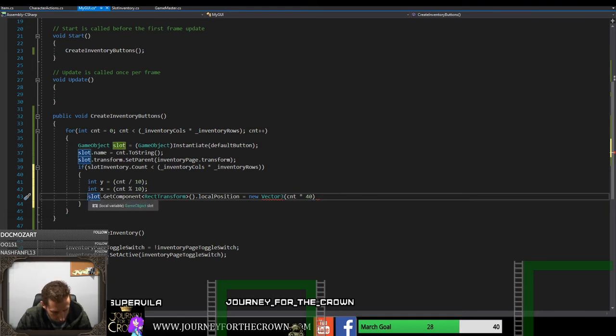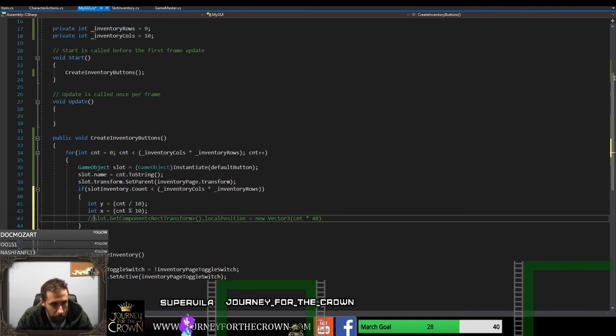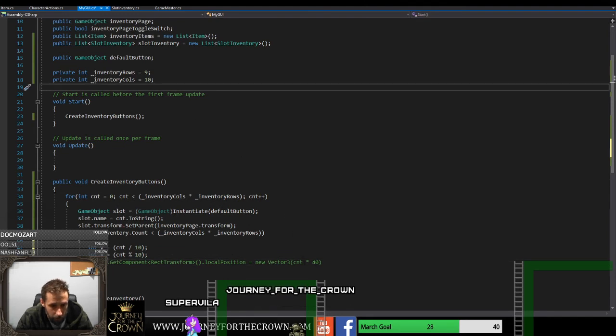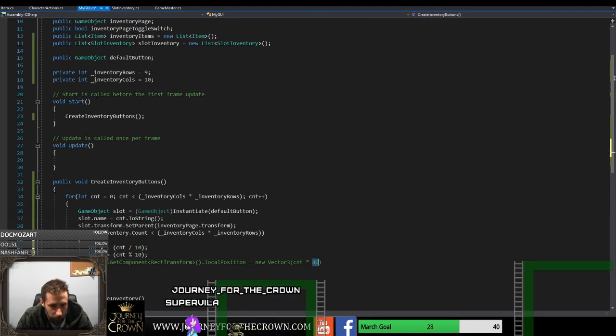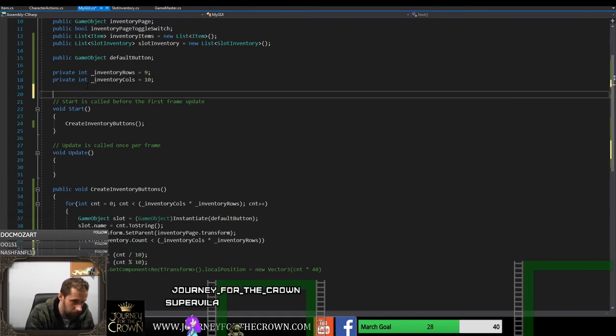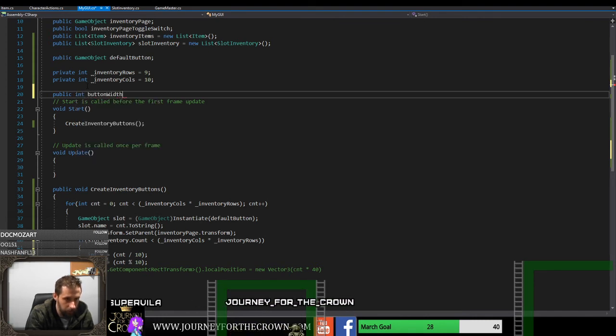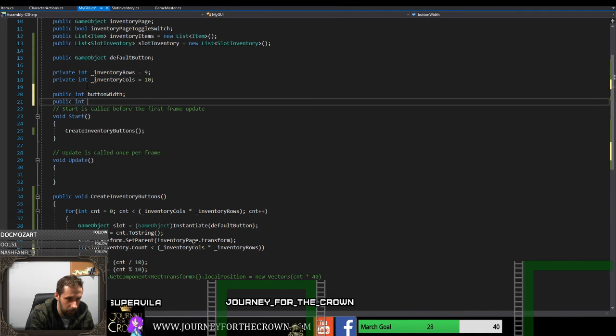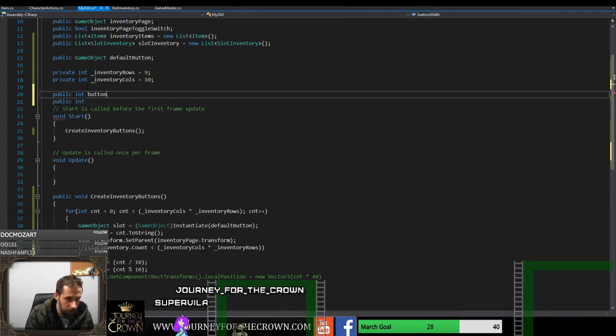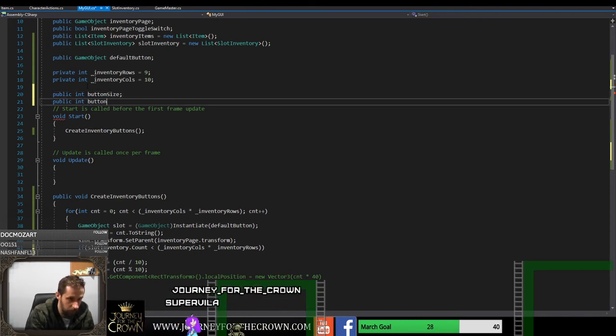You know what? Sorry, I'm going to comment this out. I want to add a tiny bit of padding. And instead of hard coding this stuff in here, we could create some public variables that might give us some freedom to customize this later on. So let's create a couple variables. We're going to do public int button width, public int, you know what? Because it's going to be square, let's call it button size. And then public int button padding,